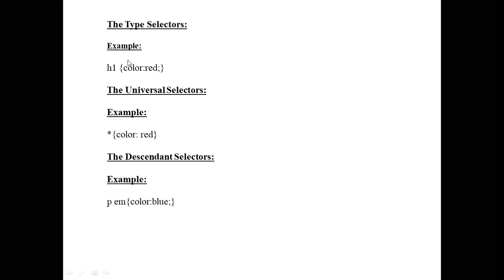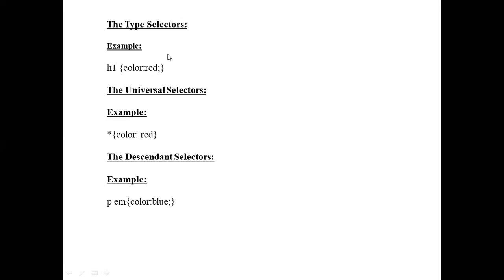The property values in the rule, that is color red, apply to all occurrences of h1 in the HTML. Wherever there is an h1 tag in the HTML, the color is red.